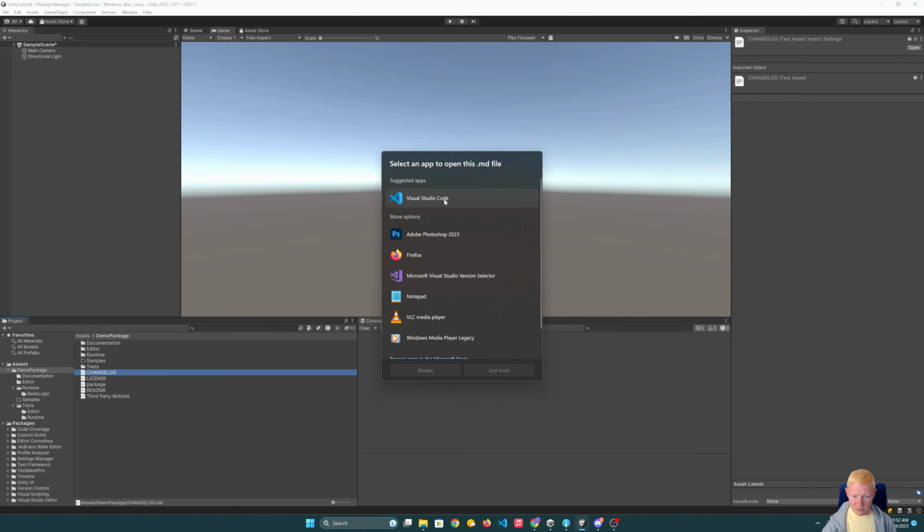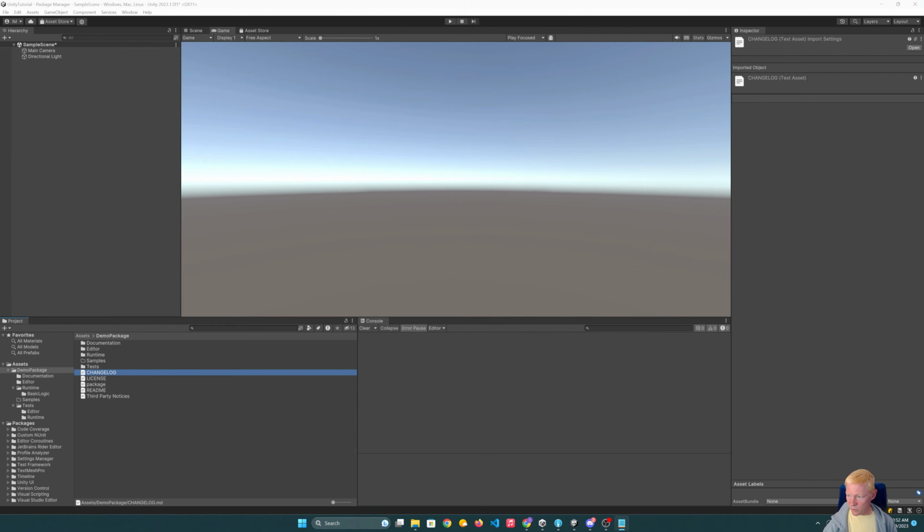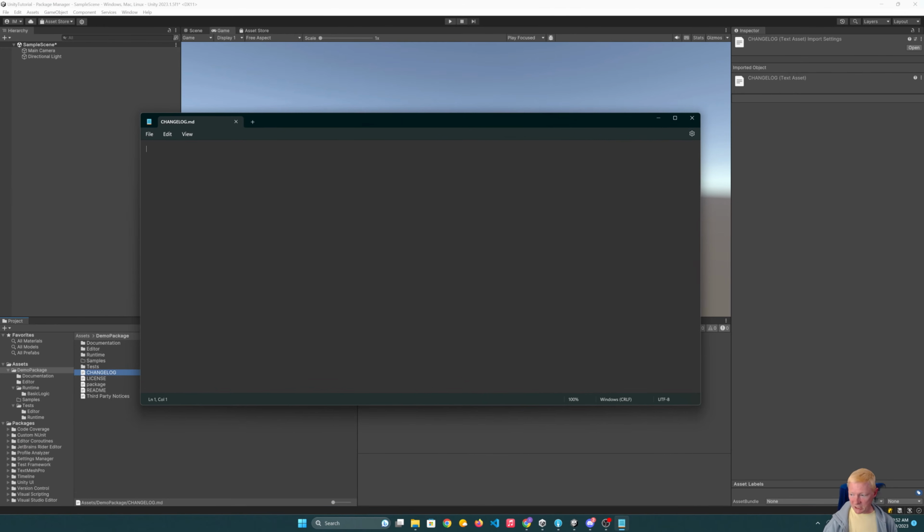So let's go for, just go for Notepad for these. So a changelog. There is a specific structure of how you should be naming things in this and how you